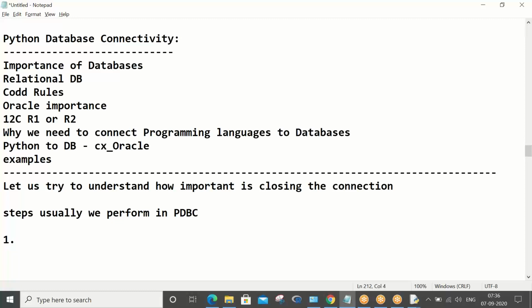First, we establish a connection. Second, we create a cursor object.